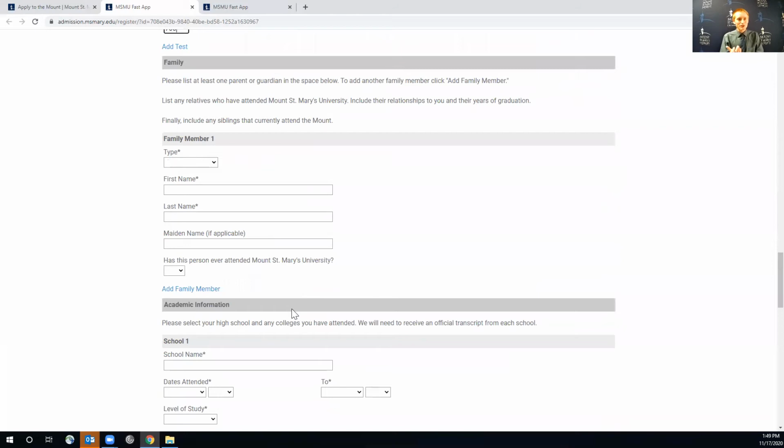Next section is family. With the family section, we're looking to get at least information about one parent or guardian, so we can send parent and guardian related information to that individual. In addition, if you have a relative that has graduated from Mount St. Mary's University, it's a good idea to list their name here too, because we do have a legacy grant. It's a $1,000 grant for those students. We also have a sibling grant that you'd be eligible for if you're enrolled at the same time as one of your siblings. So in this section, you'll want to put in, like I said, most definitely information about a parent,